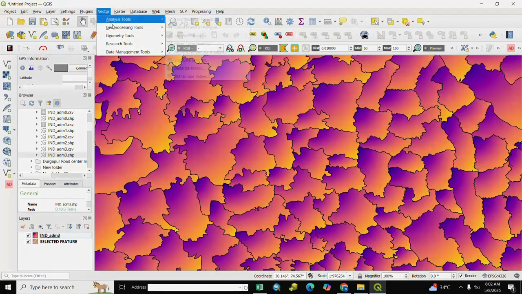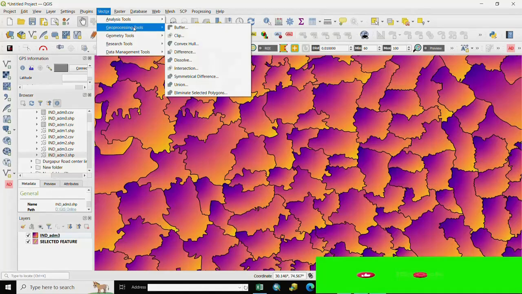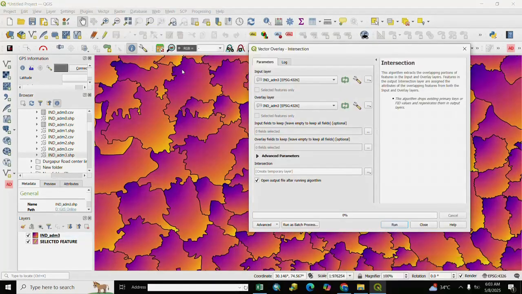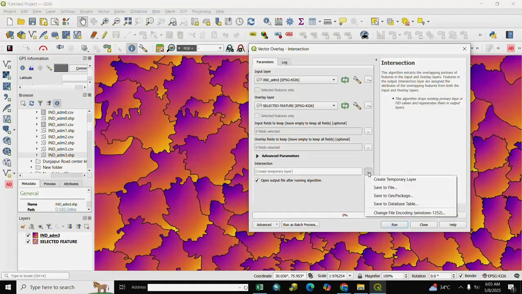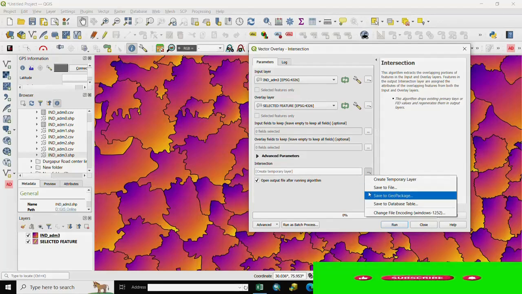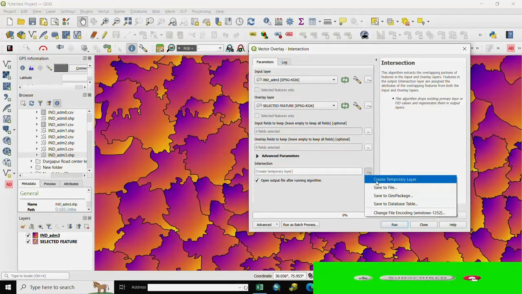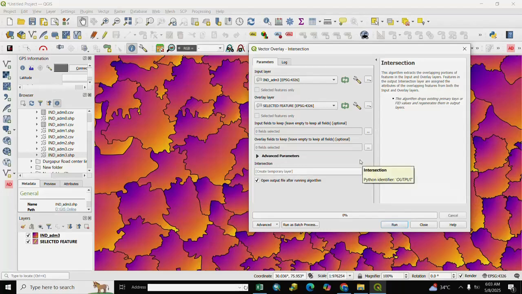After vector we go to geoprocessing tool, and after geoprocessing tool we go to intersect, and we select here input layer, means the administrative boundary, and overlay layer, the selected feature layer. And after it, for the intersection, create a temporary layer, save to file, save to package. We select here temporary layer. After it we run.